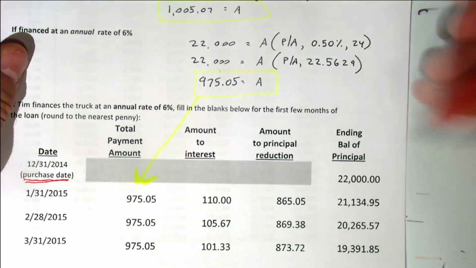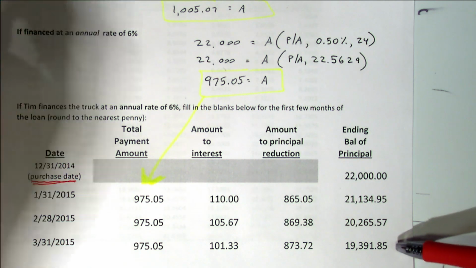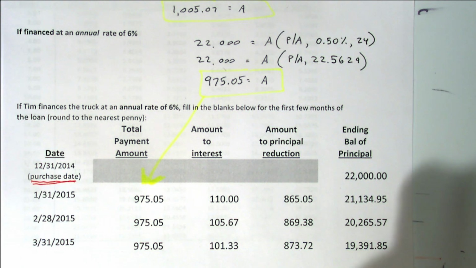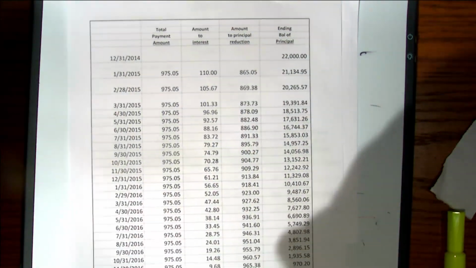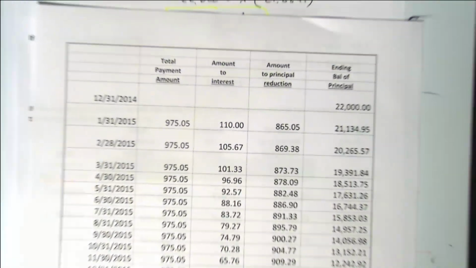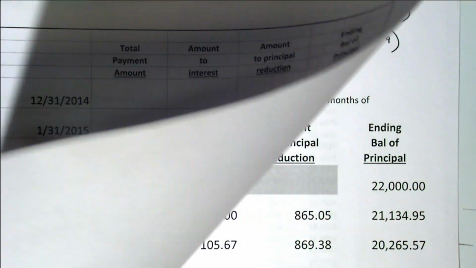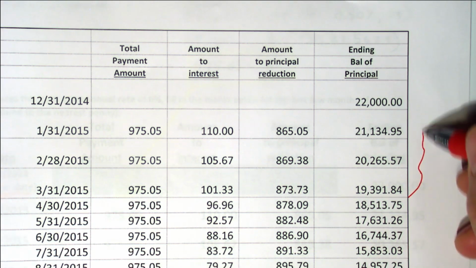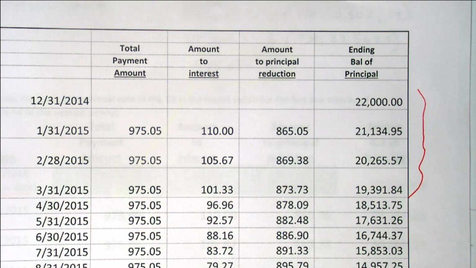Now, obviously, this principal balance doesn't go to 0 because I only had you do the first few months. This is a 24-month loan, is it not? Now, if one were to do the complete amortization table, this is what it would look like. I can't show the whole thing; you won't be able to see it. These are the rows that we did, right here. Yeah, these are the rows that we did.